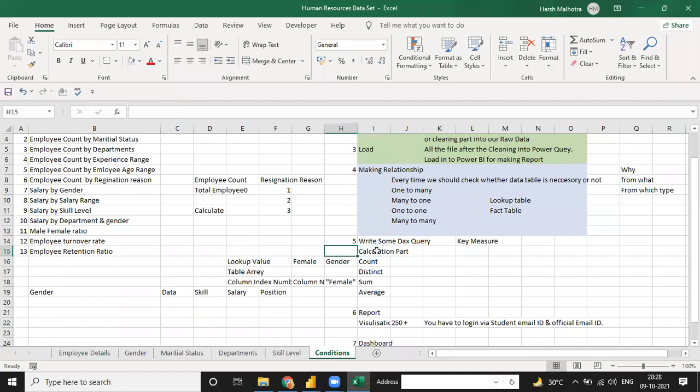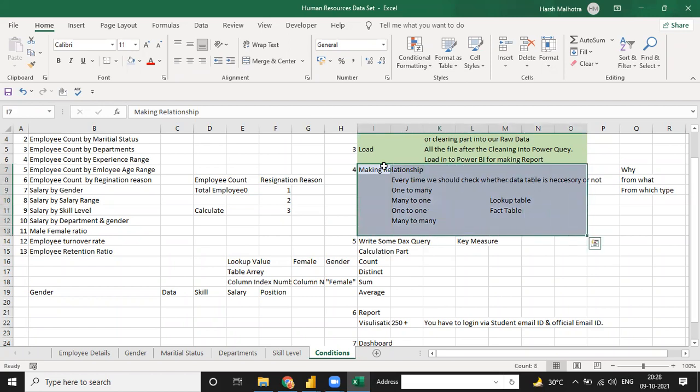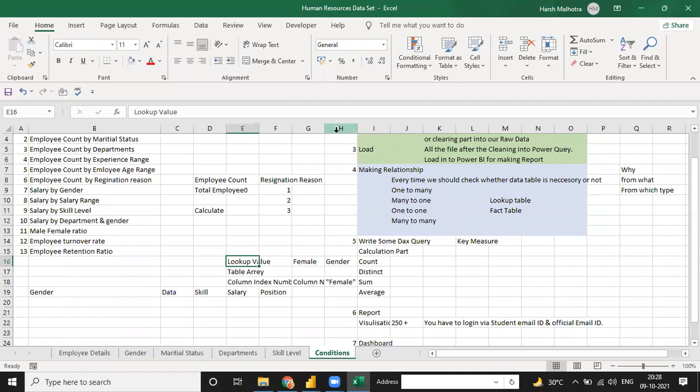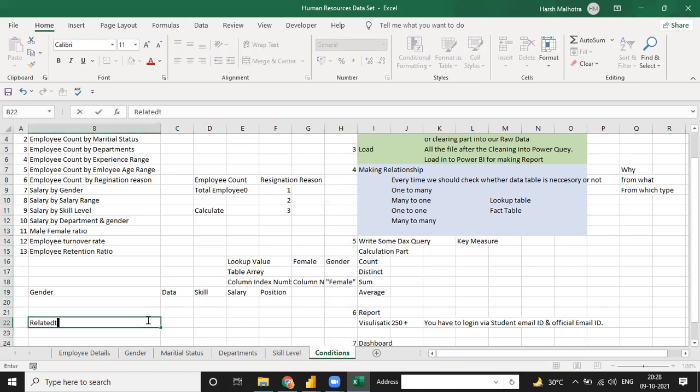But for this, you may have a question: if you have multiple workbooks, that is the reason we make a relationship for multiple workbooks in just one table. That is also a reason. Lookup value in Excel gives you the value only for a cell, but lookup value in Power BI gives you the column value as well as your workbook value. For the workbook value, you have to make a related table function.